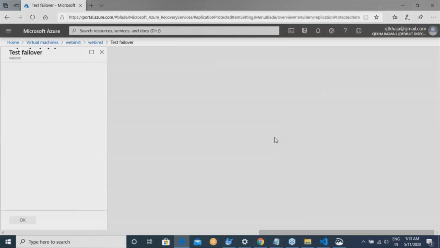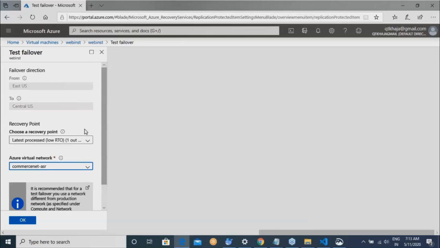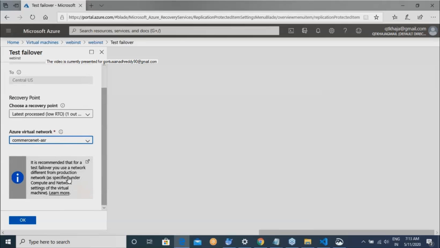If you have the options, you can do it over here also. It is asking in which virtual network you want to have it. I want to have it in the commerce virtual network. It is recommended not to select the production network.